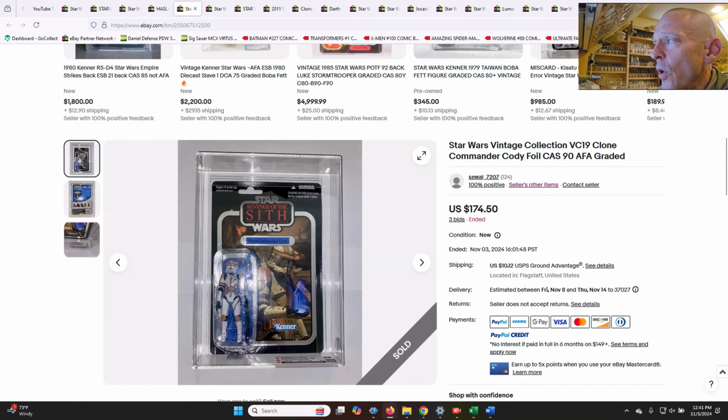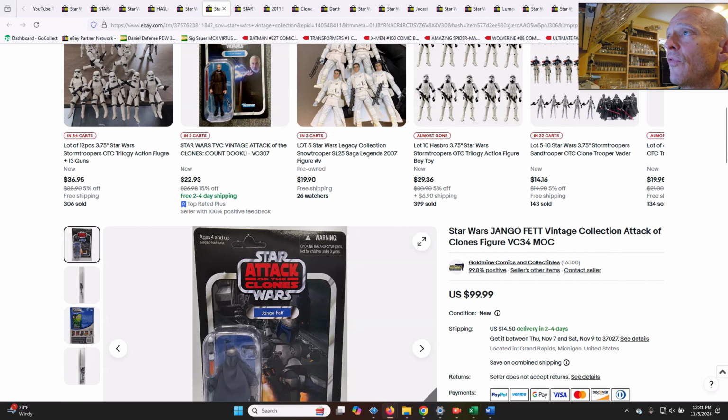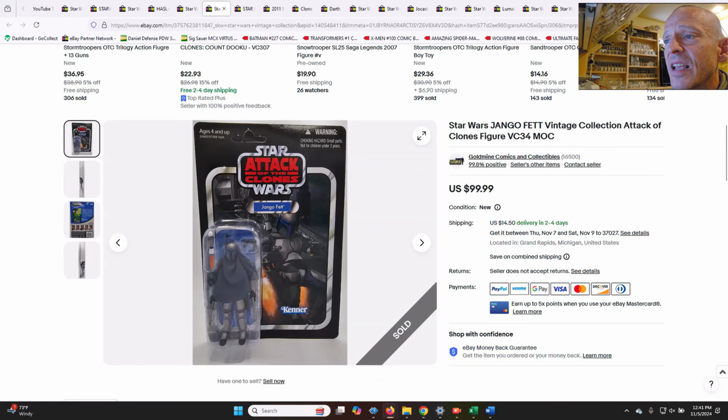Here was a foil Clone Commander Cody VC-19 graded Collector Archive Services 90. This one sold in an auction for $174.50. Given that they can sell for $150 to $175 loose and ungraded, that's a pretty great deal for a CAS 90, $174.50. I've got some more of his sales here in a little bit, but first I wanted to show you